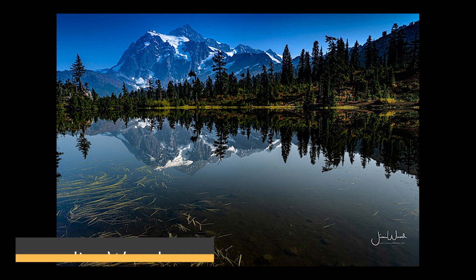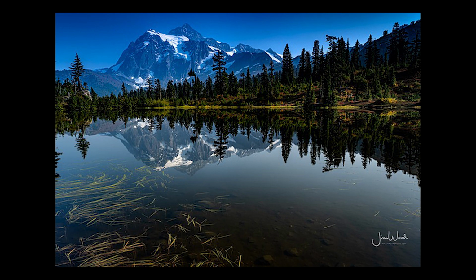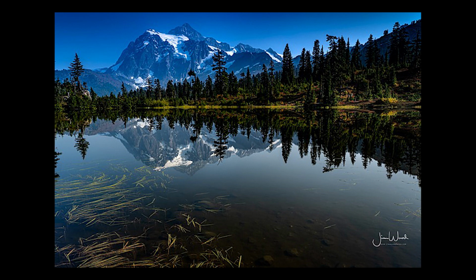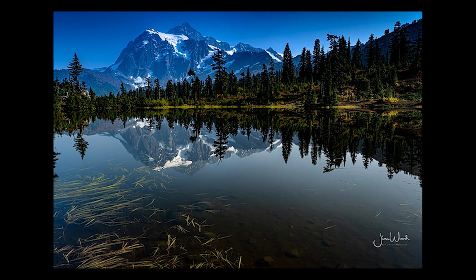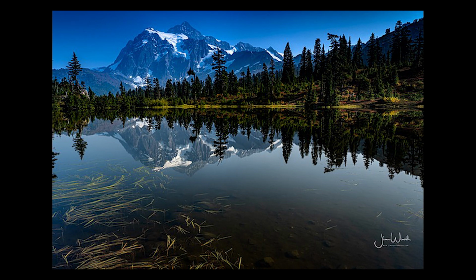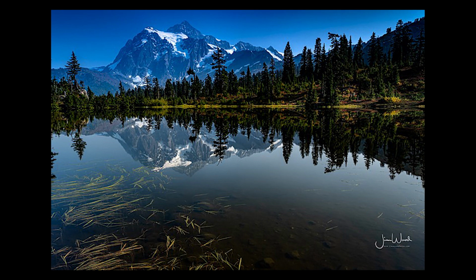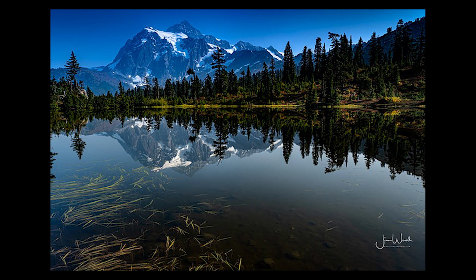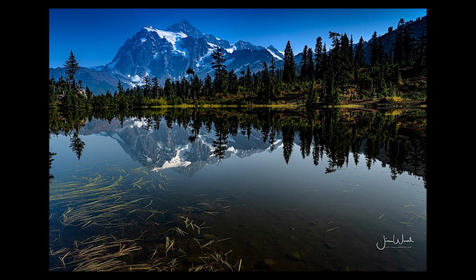Next up is a photo from Jim Wood, and this was taken in the North Cascades. And I think this is a pretty good composition. There's a few things that I would have done differently. So first of all, Jim, I think it was a really good idea to exclude most of the sky. It looks like it was just a completely blue sky. No clouds in the sky, so there's not much going on there, so you probably don't want to have too much blue sky. I think, however, that with this shot, you took just a little too much off the sky,